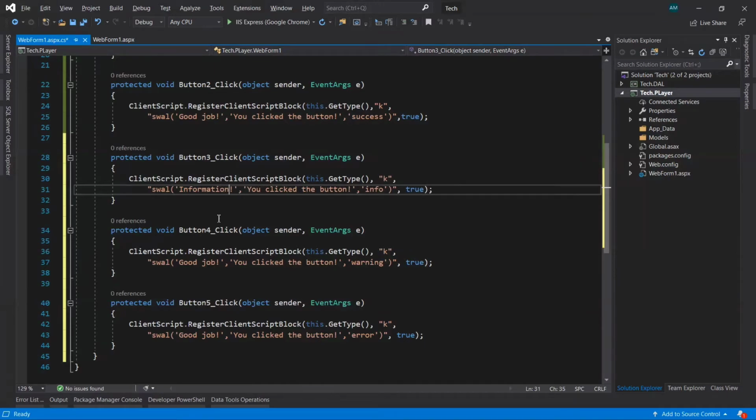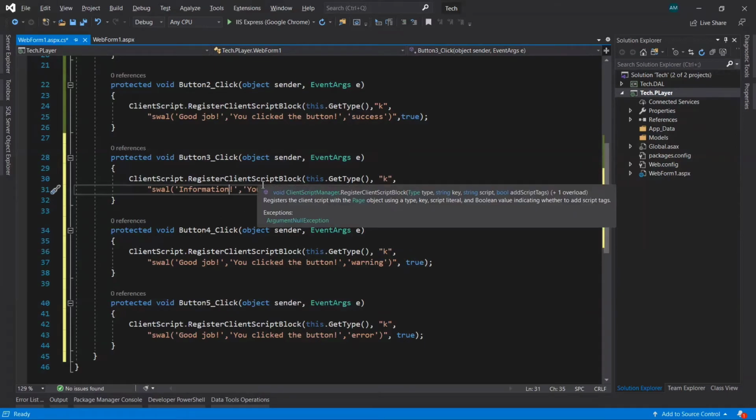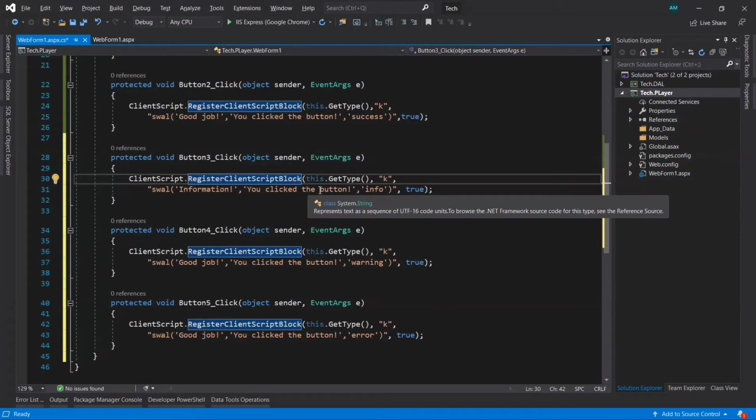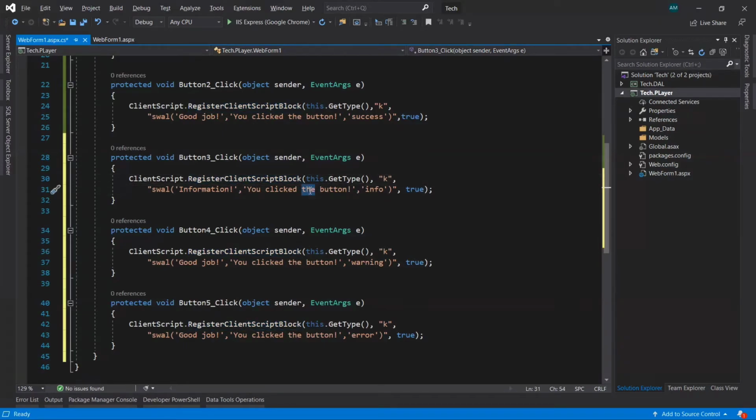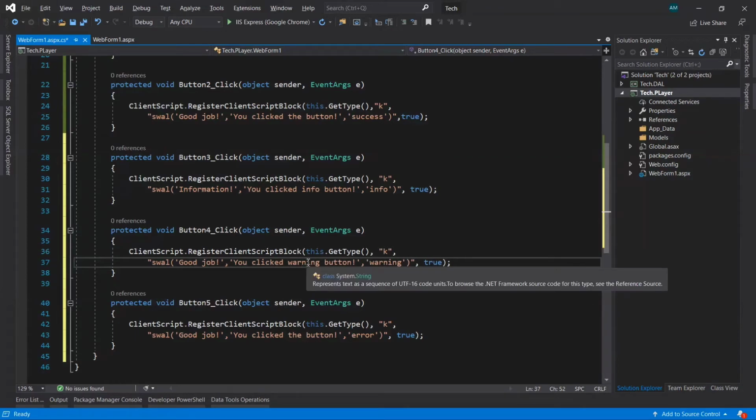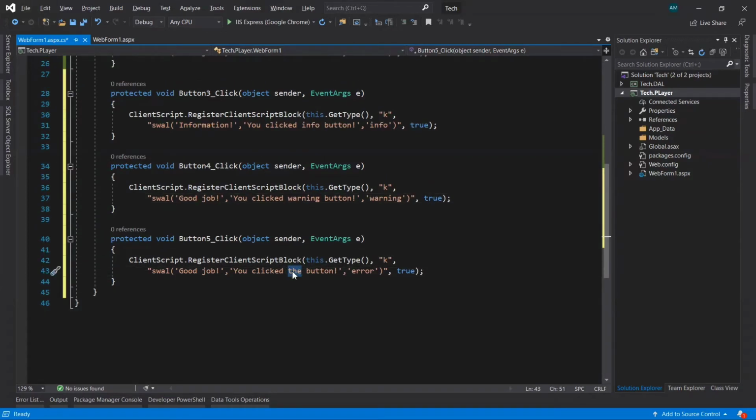For the info part, you click info button, you click warning button, and you click error button.